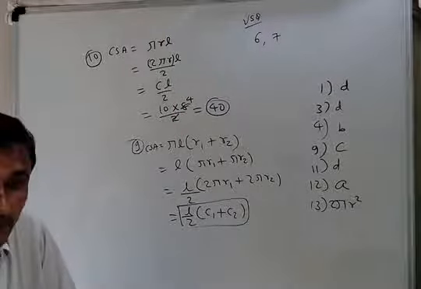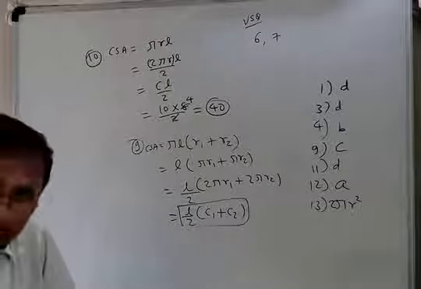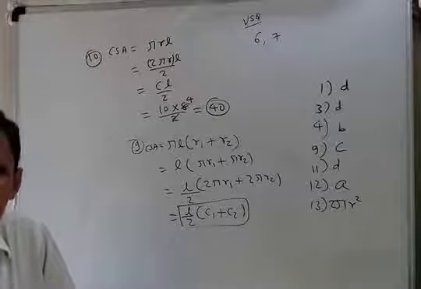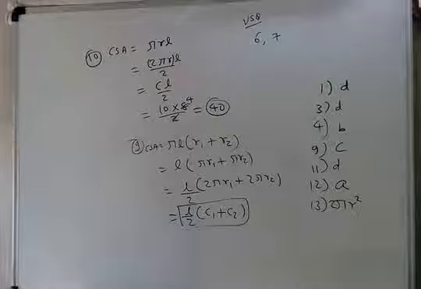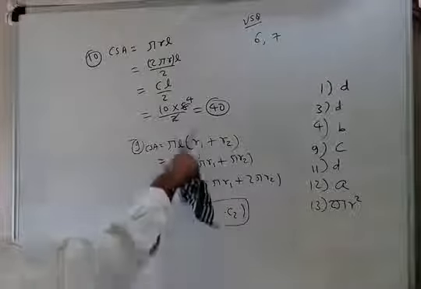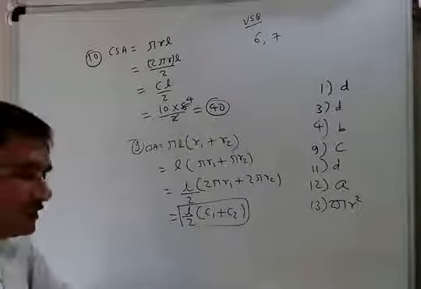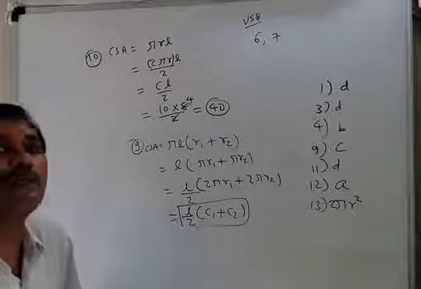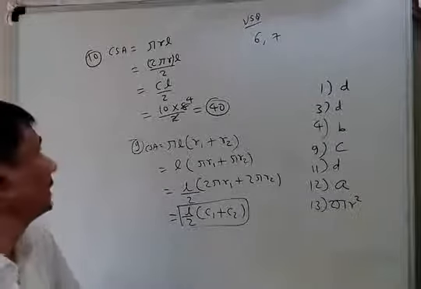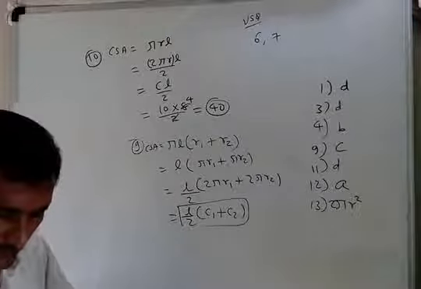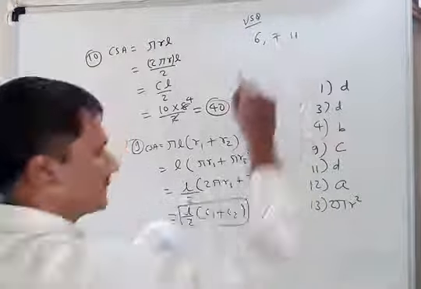Okay, so in terms of circumference, you can write formula of any shape CSA, whether it is cylinder, cone, frustum of cone. In this type of case, you can derive these types of formula in terms of circumference. R is not there, R is removed. In place of R, we involve circumference. Okay, now number 11. Sorry, 11 is in homework. Just try to understand it.